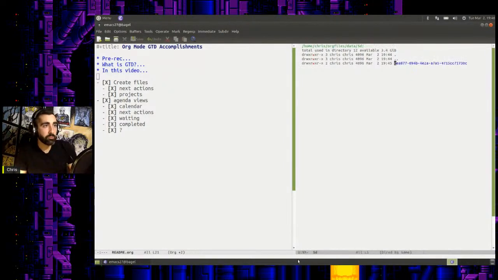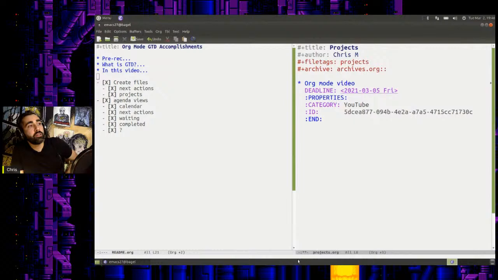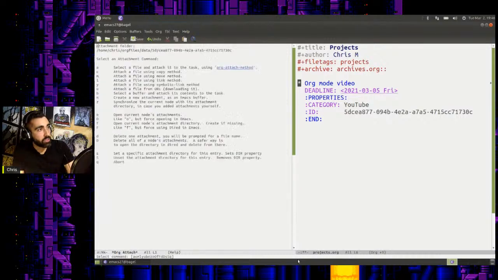So now, go back to the projects file. Oh, you can do that process over and over again. Control-C, Control-A, N, create a new file, or you can actually link, if you have another file somewhere else in your computer. Let's say you downloaded, again, we're doing taxes, a bank statement with your tax information. You can Control-C, Control-A,